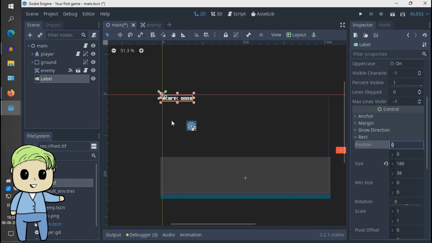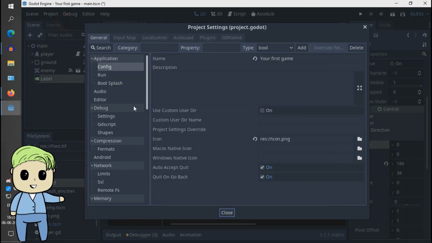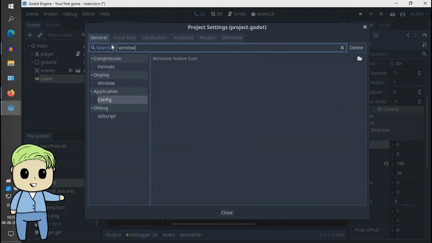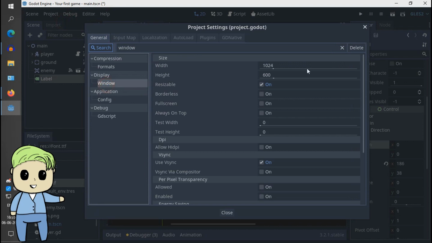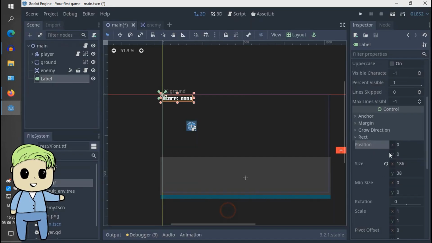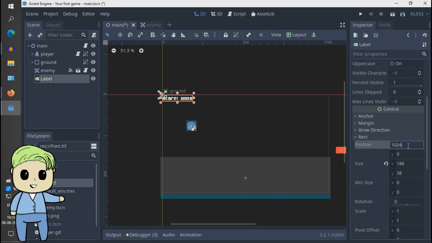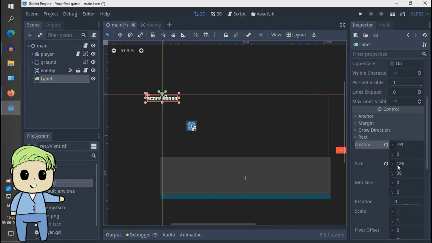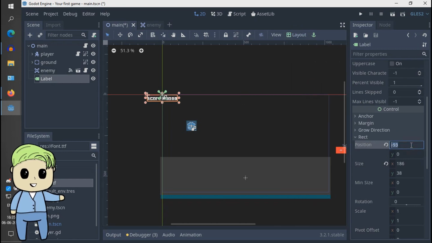So if you want to know your screen width and height, what you're going to do is go to project settings and search for window, and under display window you can see your width and height. So I'm going to copy the width, okay, paste it here and divide it by 2. Okay, and then do center top, and then do the same thing just to add that value divided by 2,